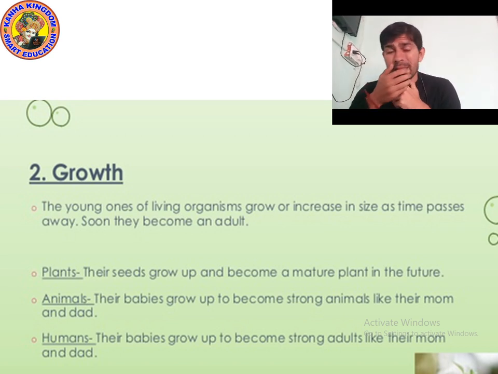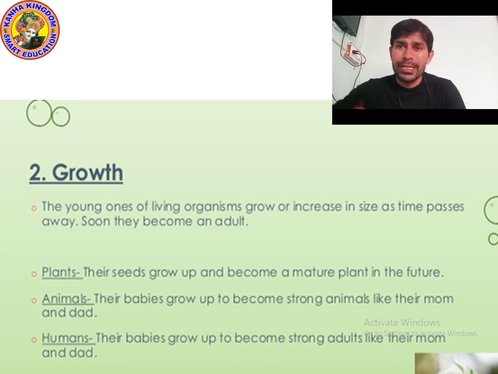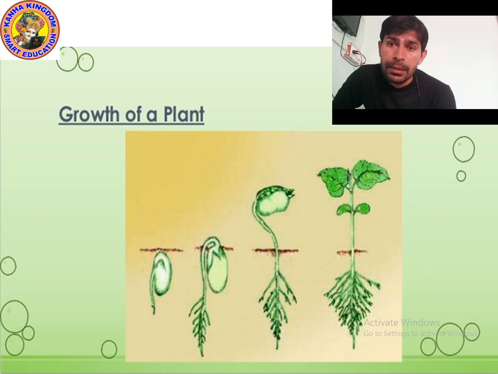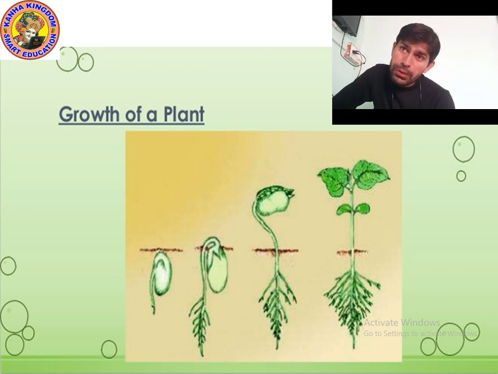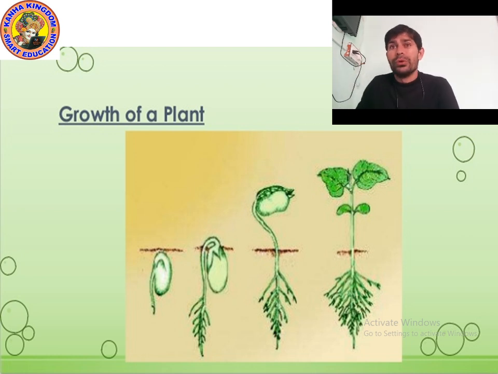Now let me show you a picture. Let's move on to the next point. Okay, kids. So growth occurs in human beings. Growth also occurs in the plants. Let's talk about the growth of a plant. As you can see in the picture,